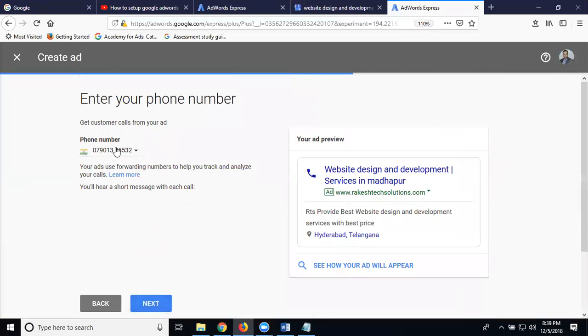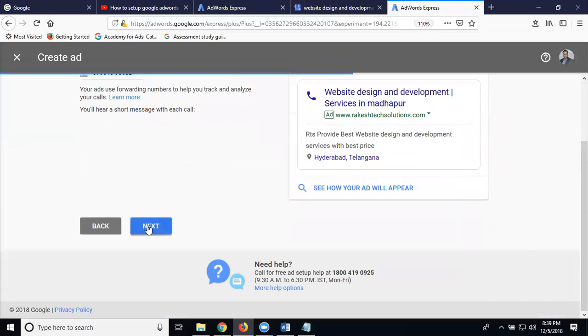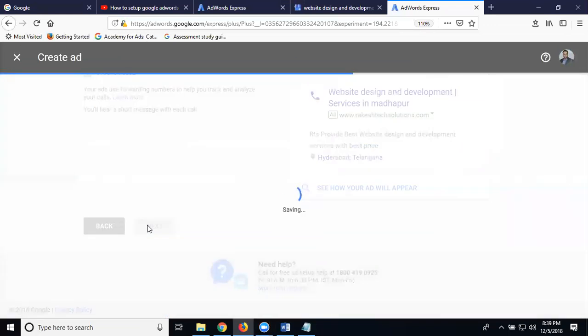Add your phone number for business purposes. Click next. Why show the mobile number? Here I'm presenting my Google Maps listing with the destination of my website URL and my phone number. If anybody has a problem finding my directions, they can call my number or look at the website to come to your site. Click next.